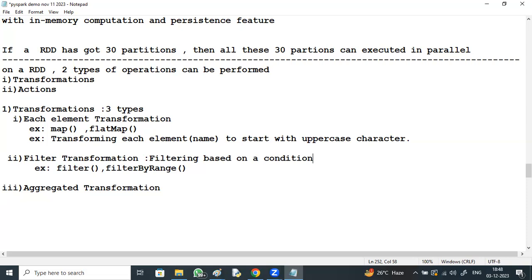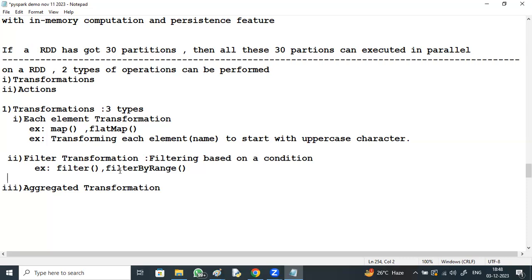Filtering based on a condition, right? Filter by range.